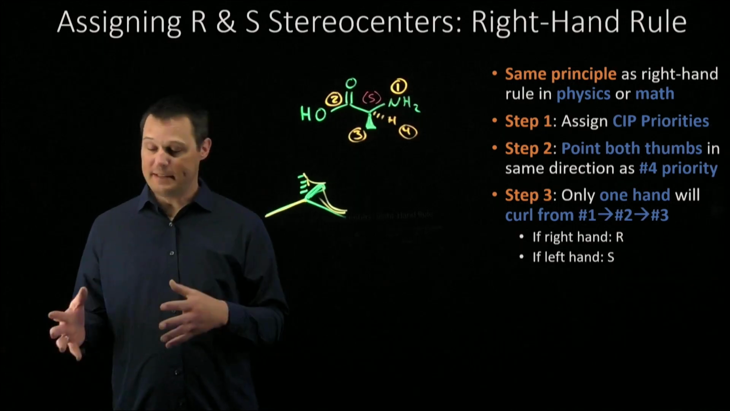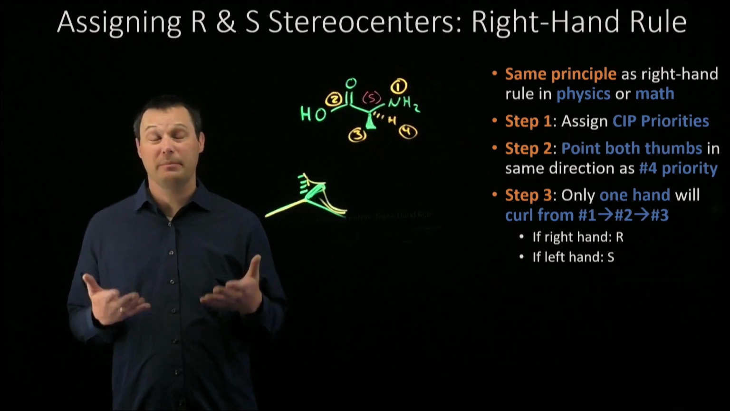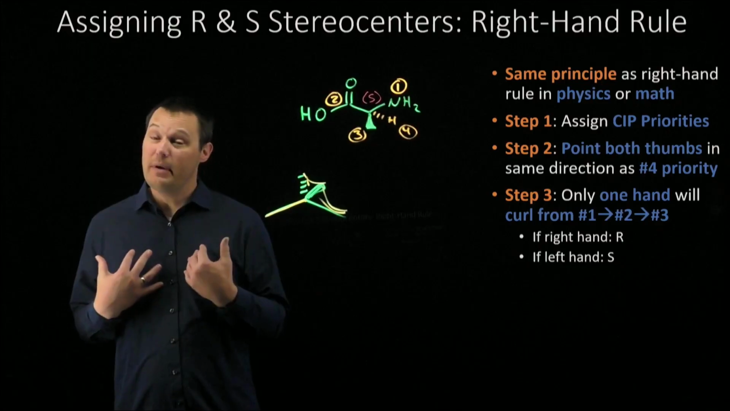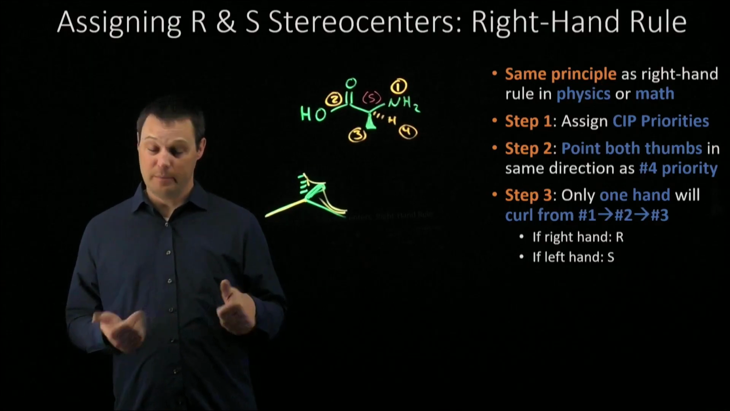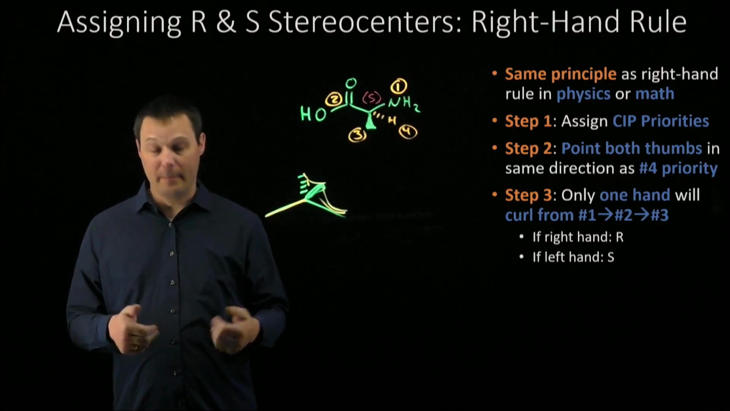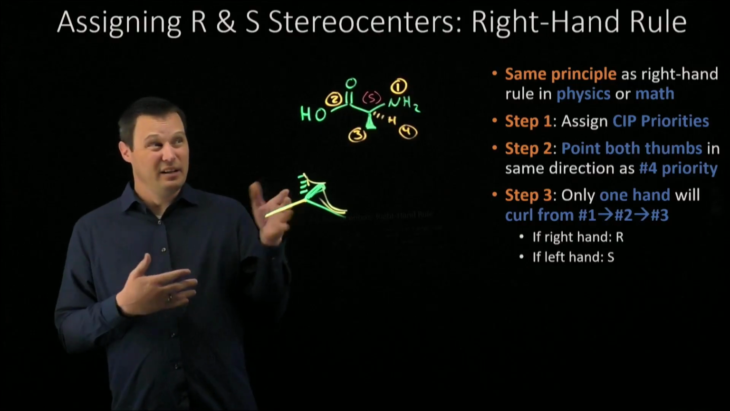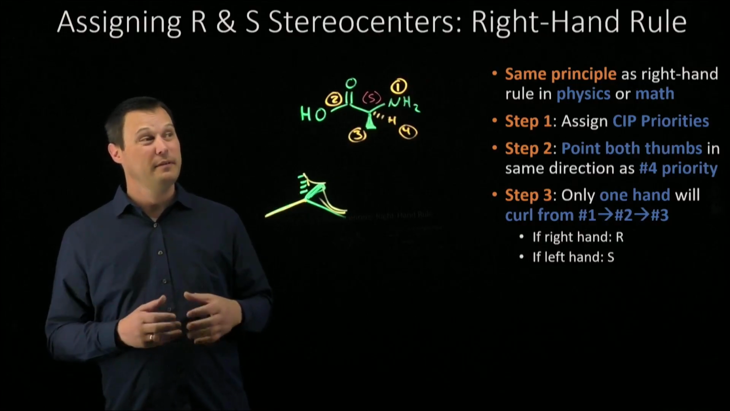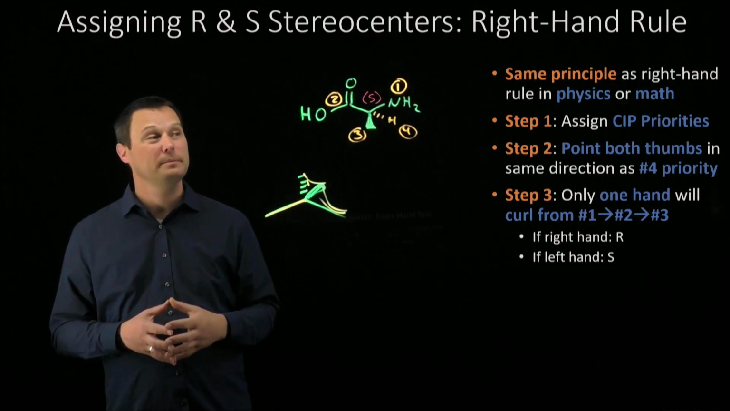Because this is so cross-applicable in math and physics and now chemistry, this is the method the pros use. This is the method I use. If there's a tricky R and S assignment, I'll still put my thumbs towards 4 and wrap my fingers around. Now, I've gotten good enough that I can actually do this in my head. I can actually watch my fingers in my head wrap towards 1, 2, and 3, but this is the method